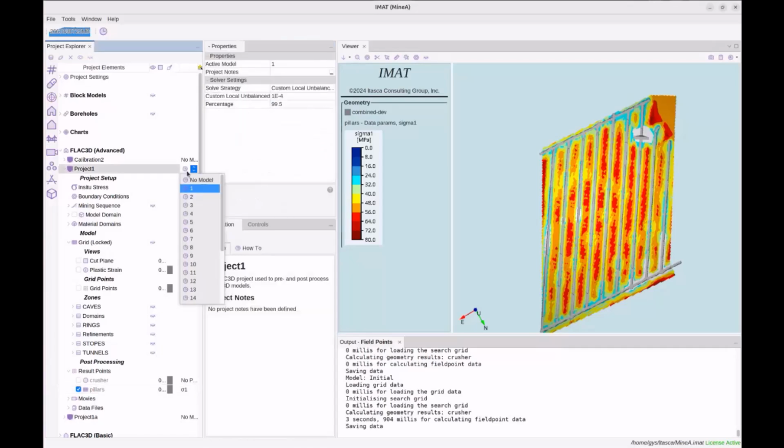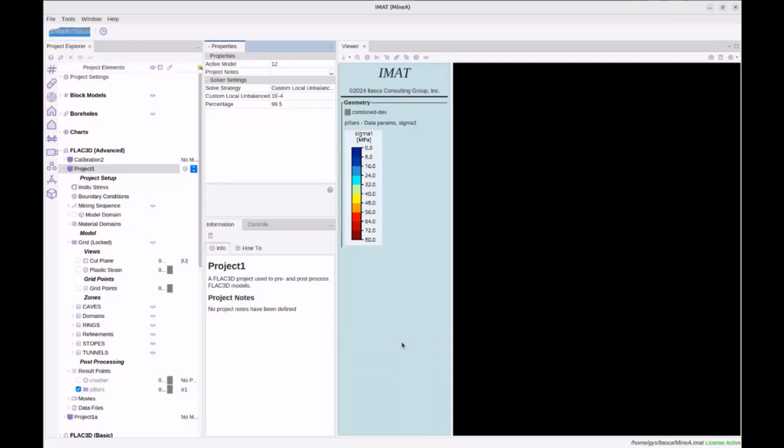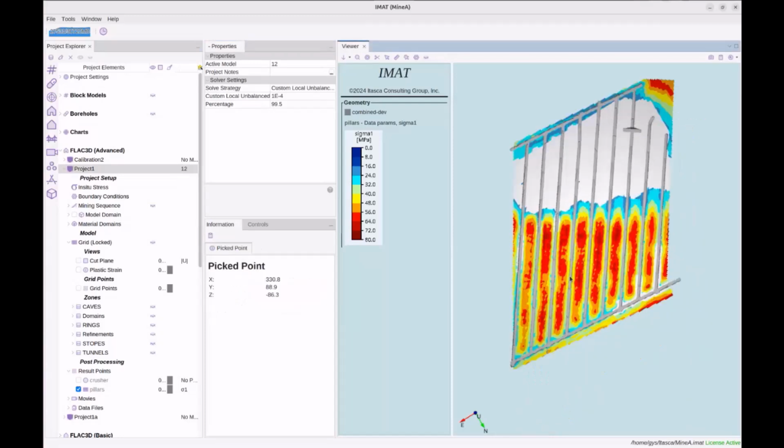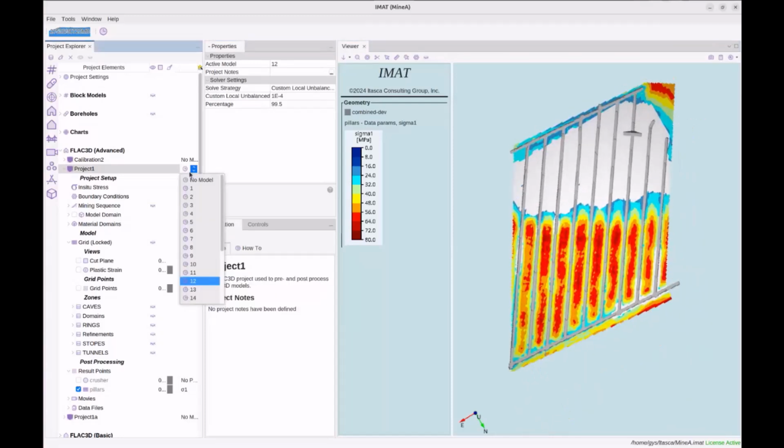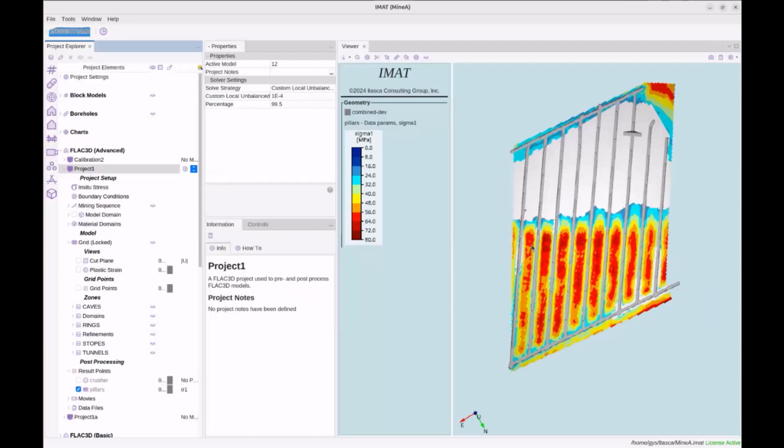So you can now just go through step 1, step 2, step 3, 4, and go through all the models to see how it changes. Again, this is time consuming, but it's already faster than using the cut plane to go through it. You can imagine if you were to have 100 mining steps to just do this, create a screenshot, change to the next model, create a screenshot. It will be slow. It's already faster than the tools that we currently have in FLAC3D to look at